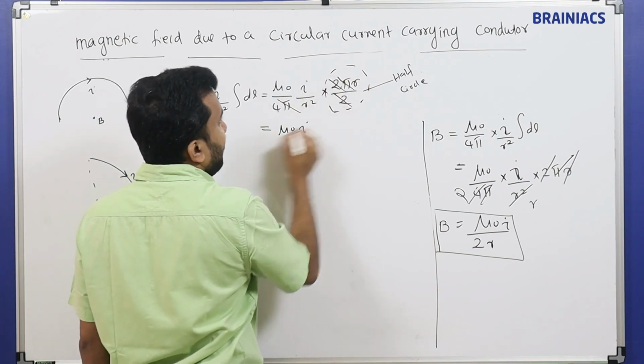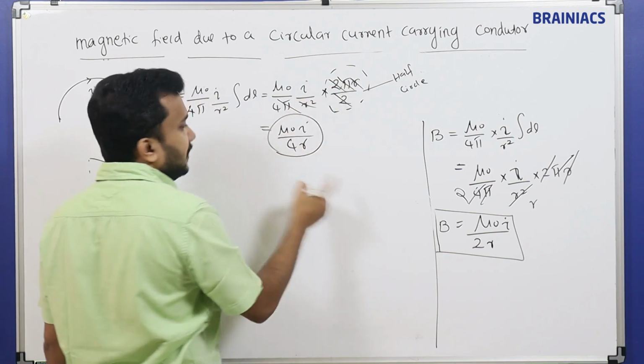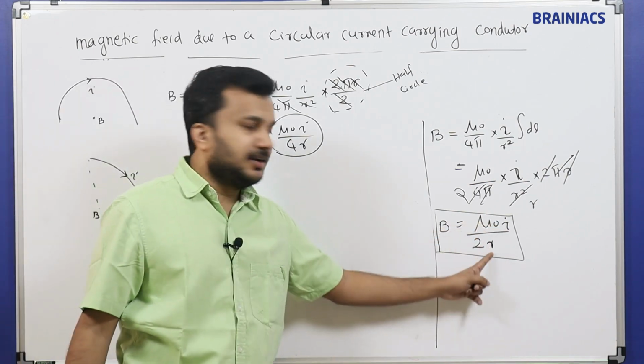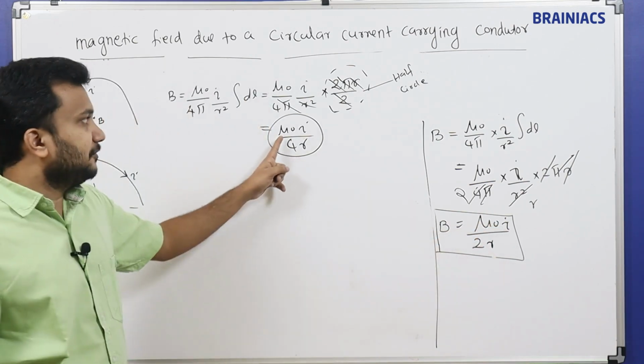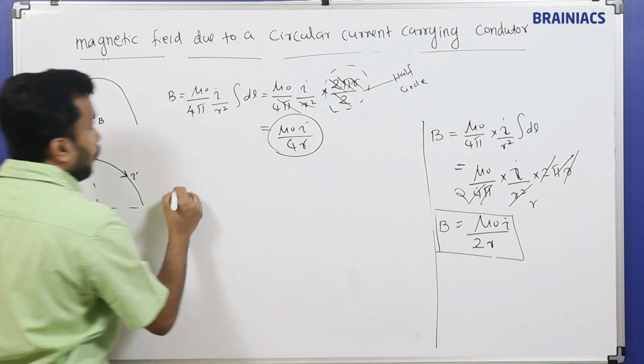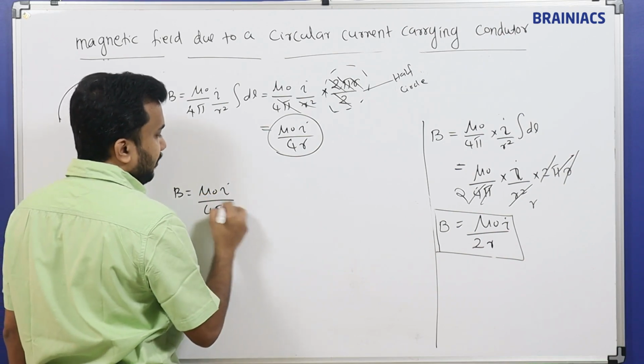So mu 0 I divided by 4r, see, half of this one. For a full circle it is mu 0 I by 2r, and for a half circle mu 0 I by 4r. Correct, half. Now if you look for a quarter circle,